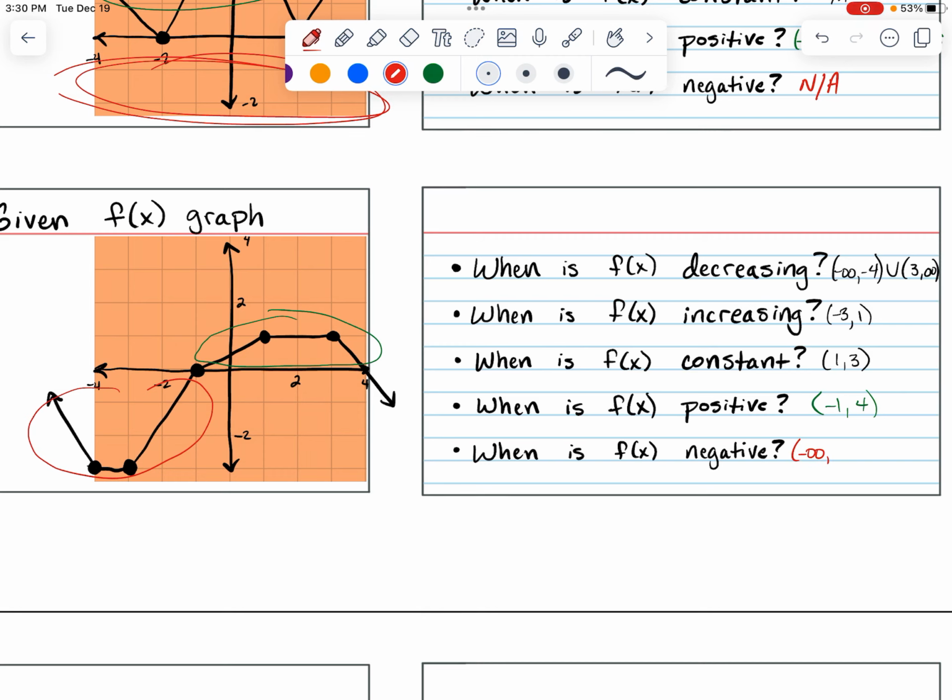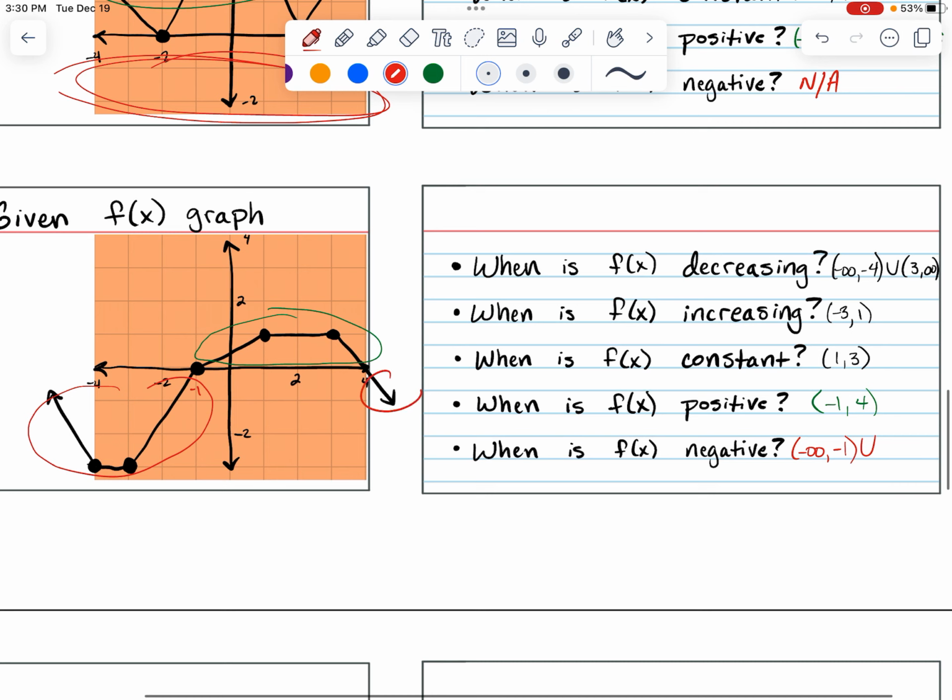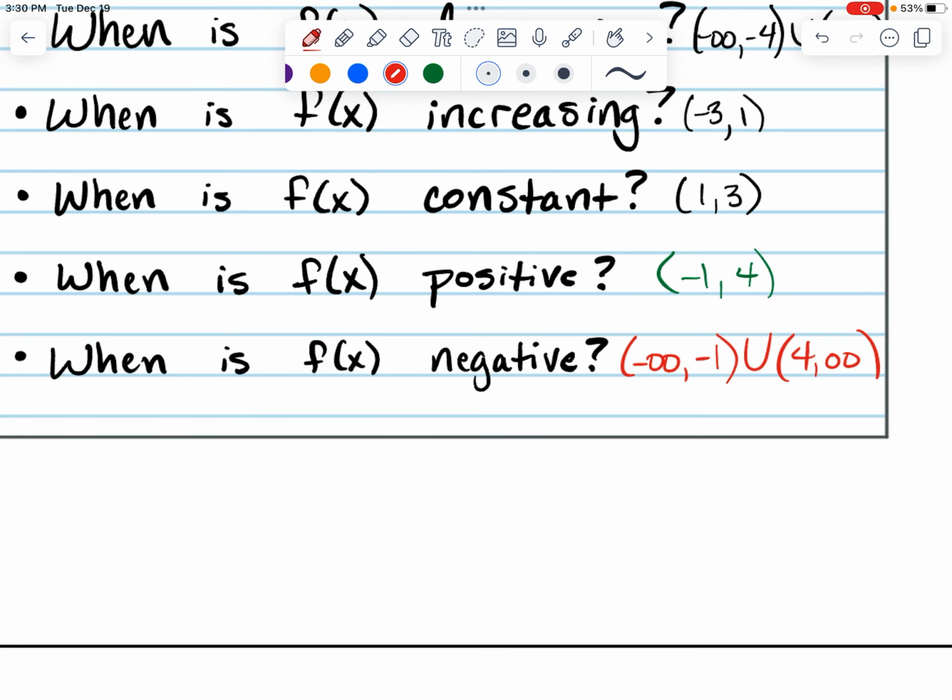So that first is from -infinity up until -1, union, and we have 4 to positive infinity. And again, we could write this with our interval notation that we looked at from the beginning. So this would be x is less than -1 or x is greater than